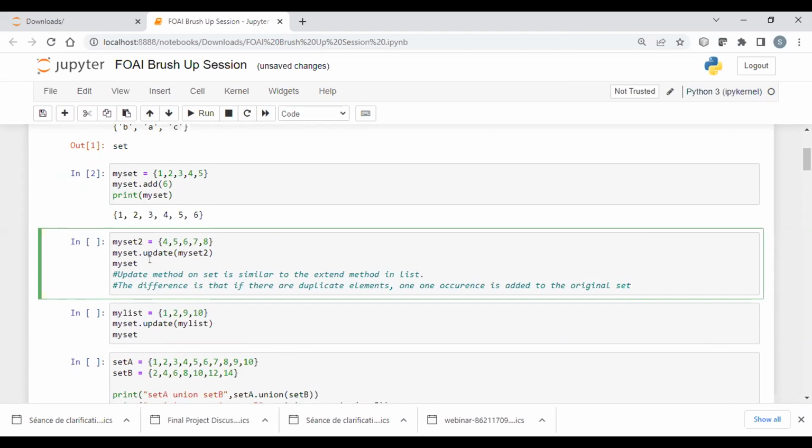All right, I've got one response. It's going to add. Yes, that's right. Anyone else would like to give it a try? What will the update function do here on 2 sets?